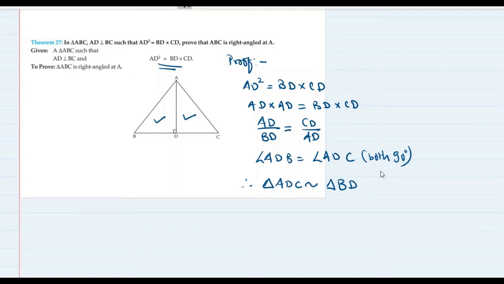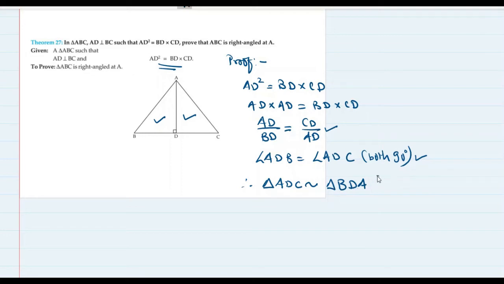And C is corresponding with A. If you can see here, CD is corresponding with AD, so C is corresponding with A. So triangle ADC is similar to triangle BDA, which we knew before only. From this backdoor technique, we found it before itself that these two triangles must be similar to each other. And they are similar, see, because this is proved and this is also proved because both are 90 degree.